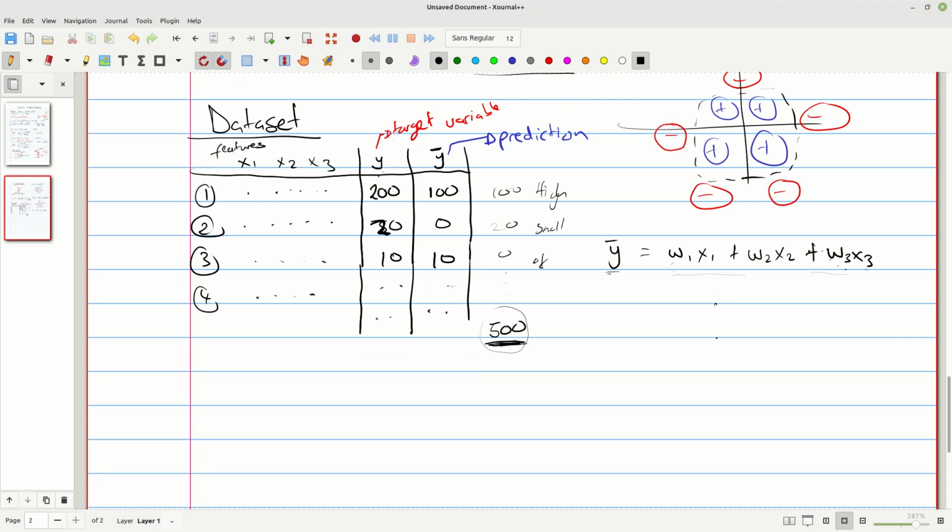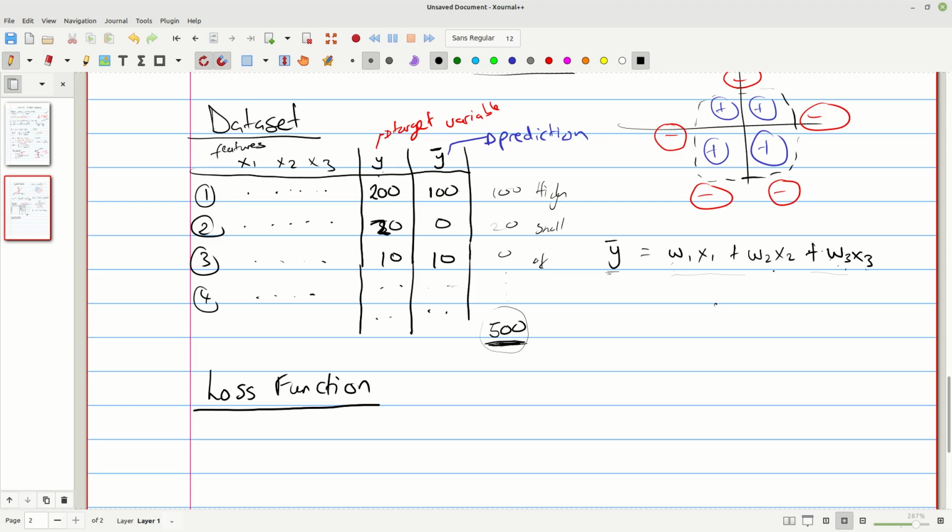So we define what is known as a loss function, because a loss function enables us to measure how costly our current set of weights is, and then think about how we can actually minimize this.